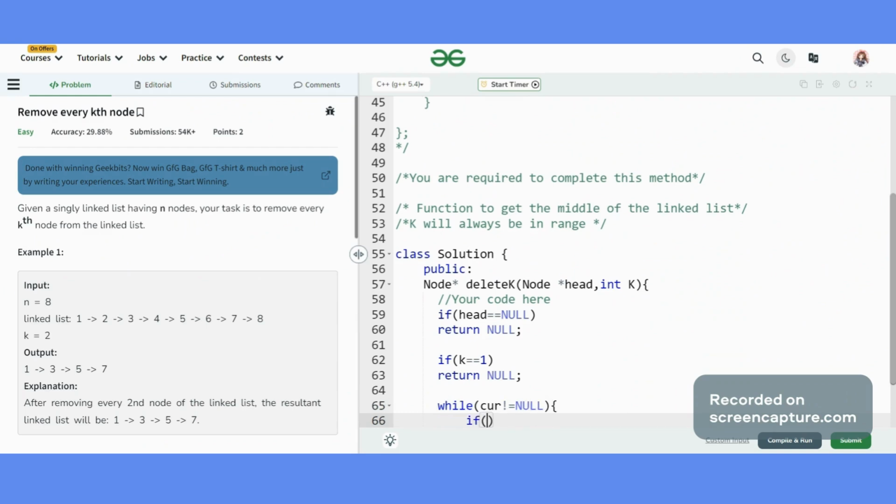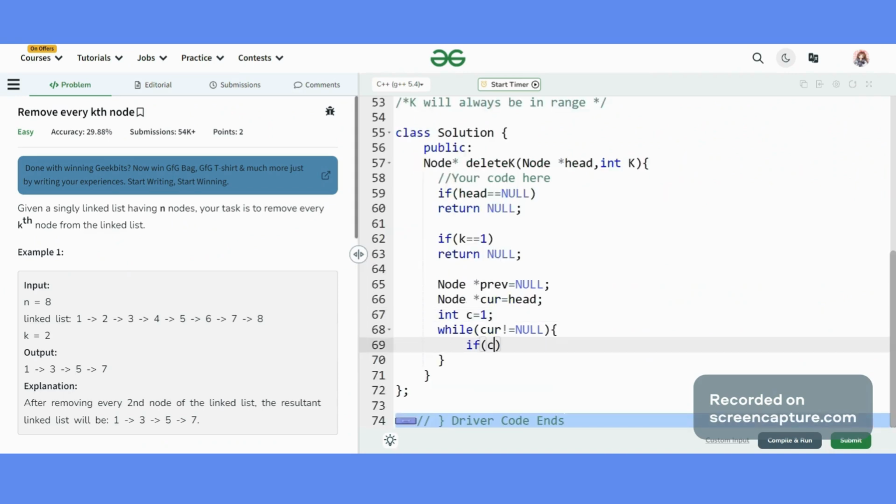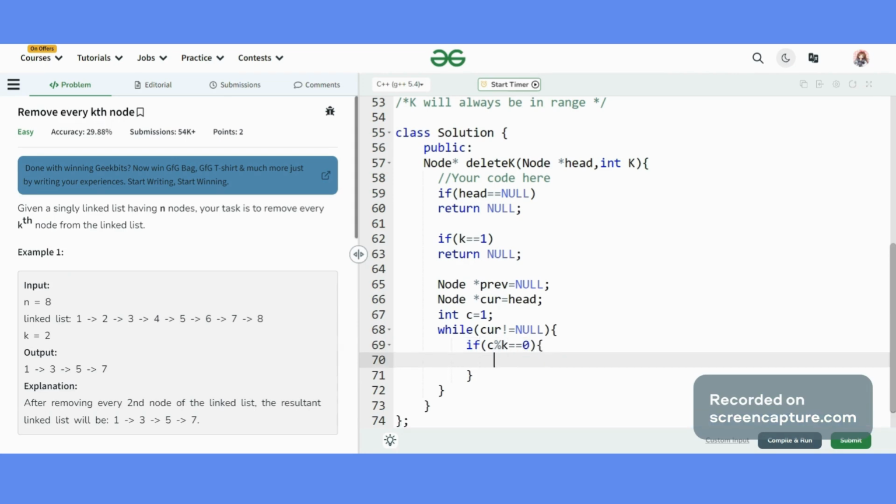Let's check a condition. Initialize our pointer prev to null. Initialize my pointer cur to head node. And initialize my counter to 1. Now if my counter is divisible by k, then what?